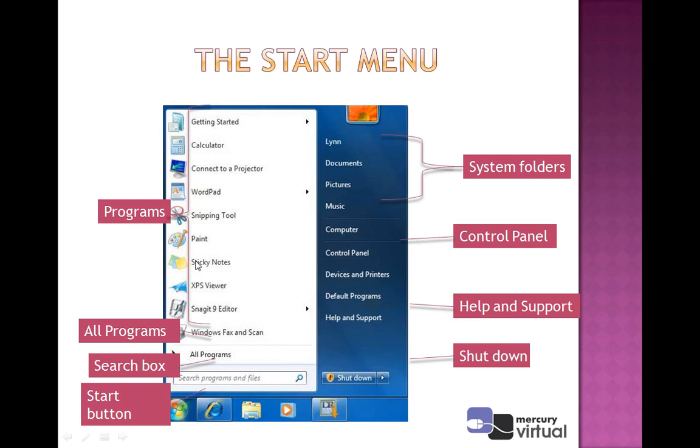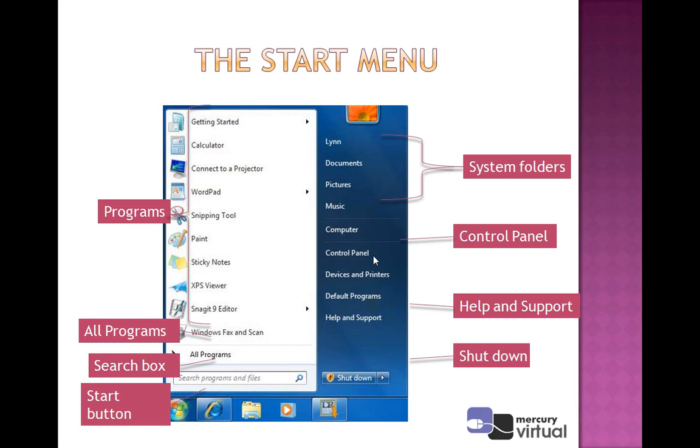And these two, snipping tool and sticky notes, are very important. I will discuss them in detail at the end of the session, in the practical part, right? Then on the right hand side, these are known as user, documents, picture, music, computer. That is 1, 2, 3, 4, 5. These are known as system folders. Then there is the control panel that is used for controlling the hardware and software devices. For example, my internet is not working.